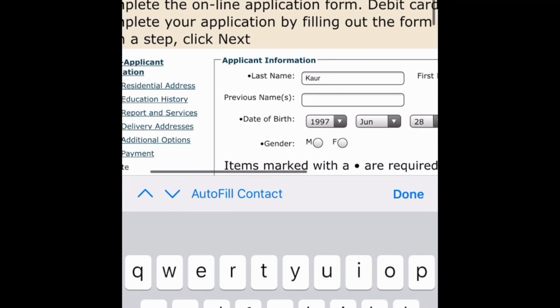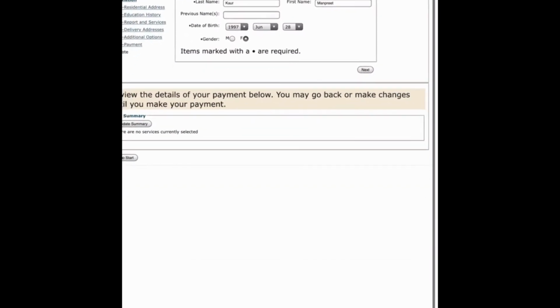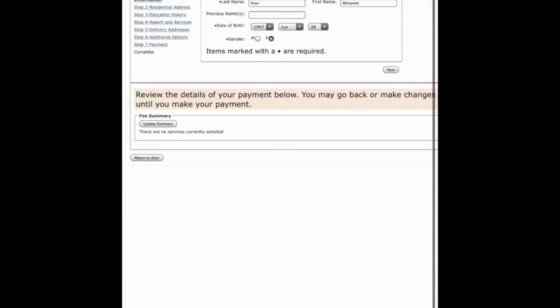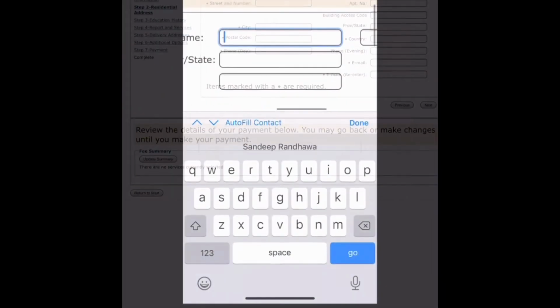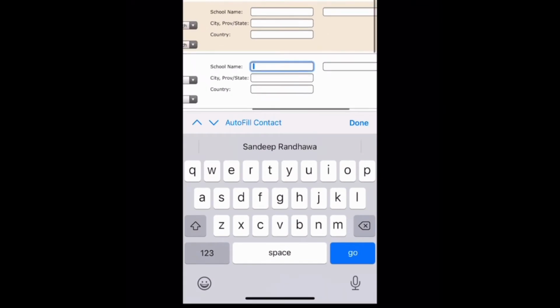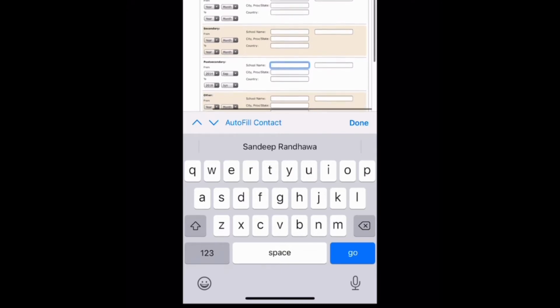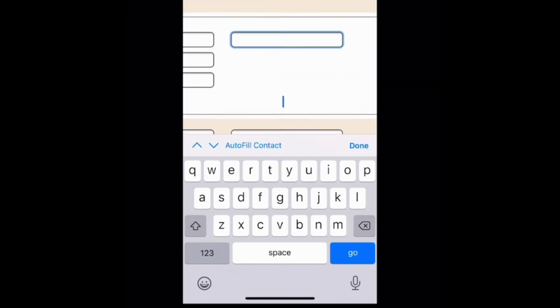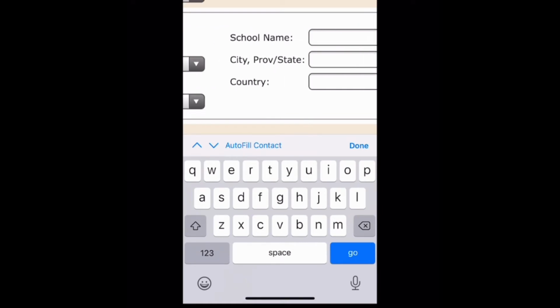This is easy. You have to fill in your basic information: your first name, your last name, your date of birth, and your gender. It will direct you to the next page. In that one you have to write your Canadian address, where you're staying, your street number and everything. Then the next page will be your education in India. You just have to fill in the post-secondary column. That is only about nursing.